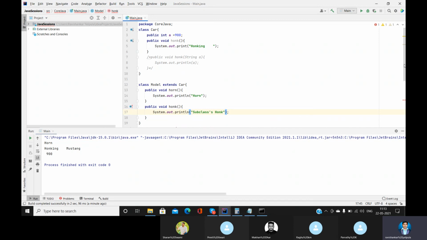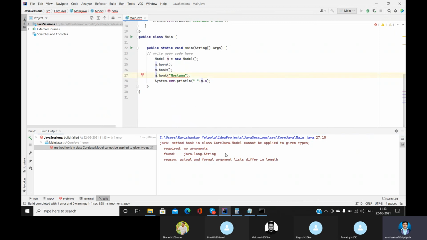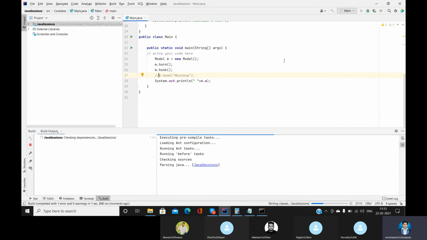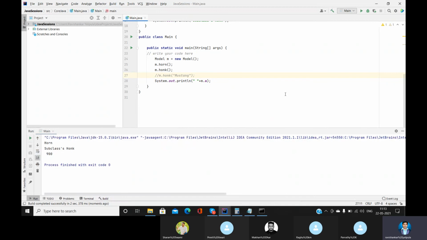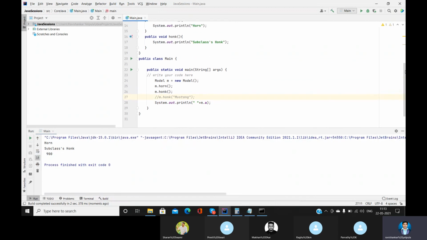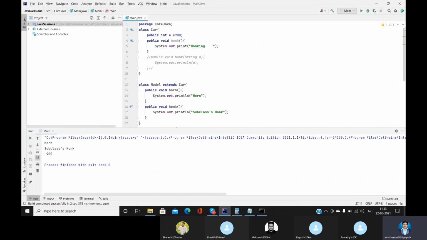Okay, now let's see. Can you see this, guys, now? In the superclass honk method, we have honking, and in the honk method of the subclass, we have subclass honk.